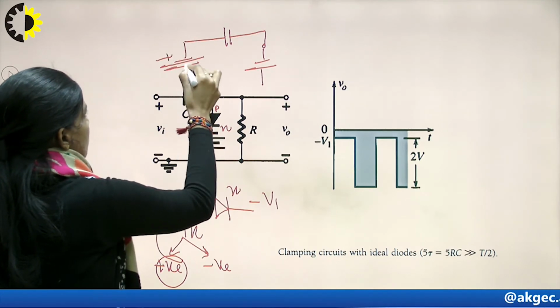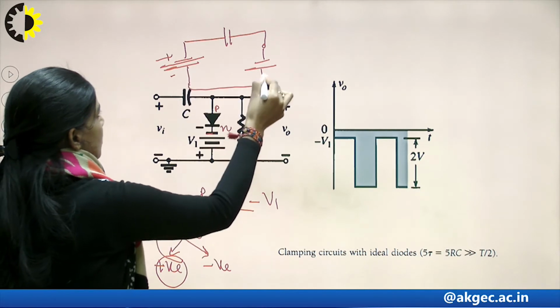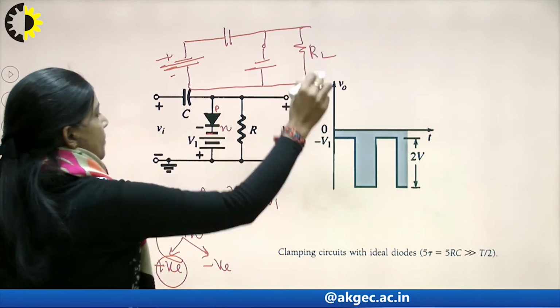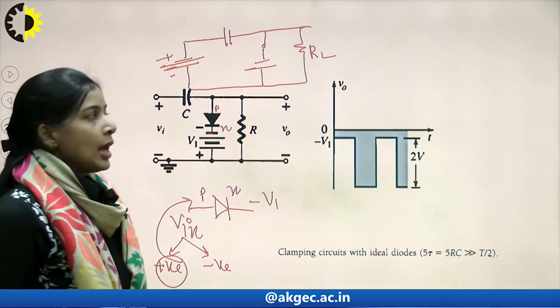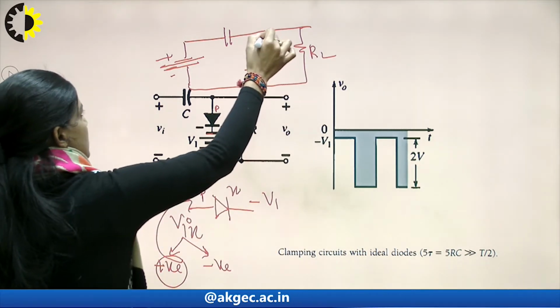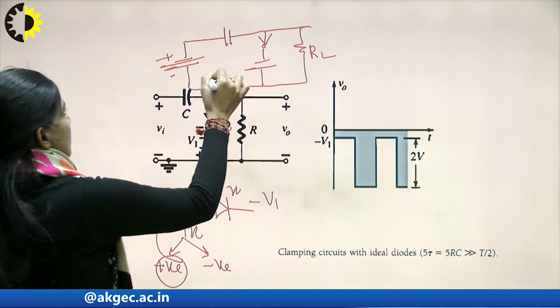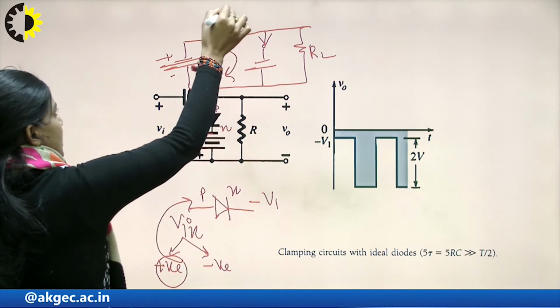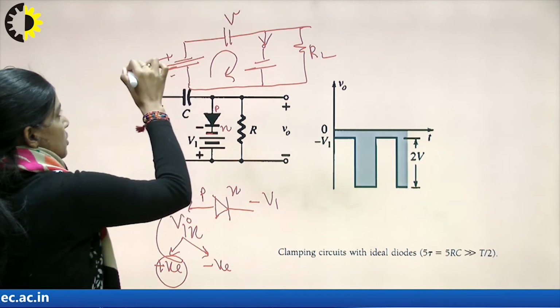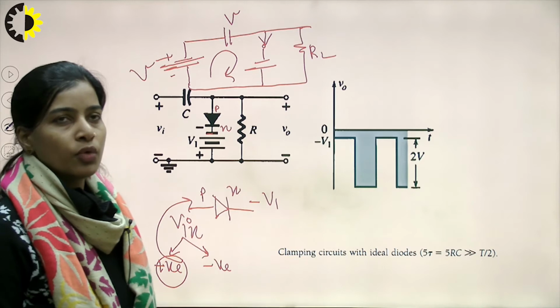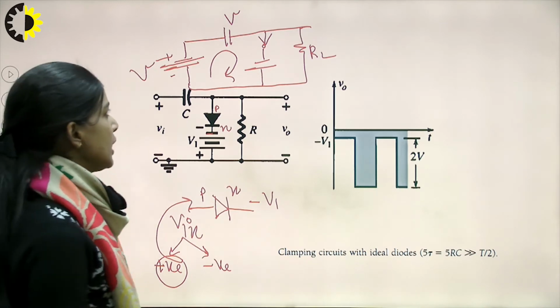and here we have the battery, the input positive and negative, and load resistance RL. So, what will happen? As this is the low resistance path, current will follow this path, and this capacitor will be charged to the amplitude of the input voltage during the positive half cycle.